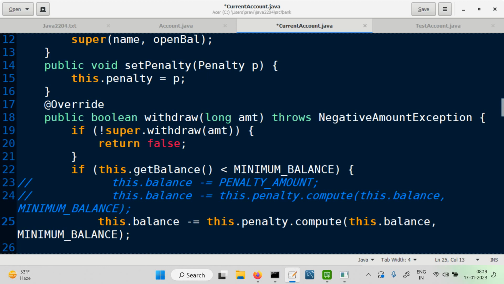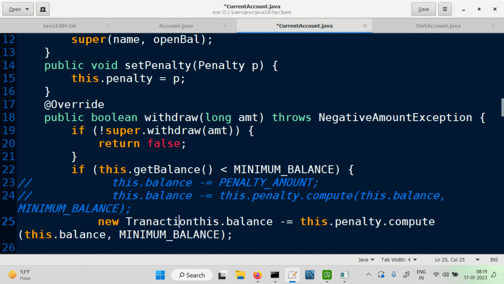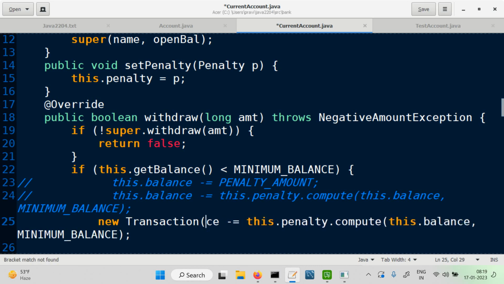Instead, what should be done? New Transaction, and in the constructor, we have the compute to be done, right? So this is for the compute part. But that computed value is nothing but the amount of the transaction. And before that we should be putting the,